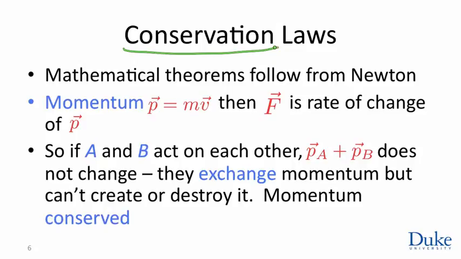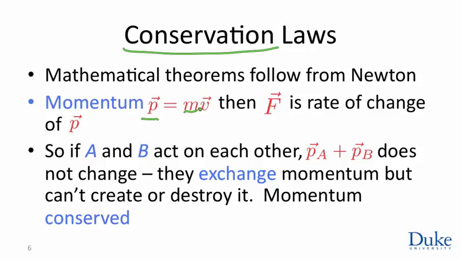And the first conservation law involves this quantity called momentum. We define another vector called momentum. It's essentially the velocity vector, but multiplied by mass. So roughly it measures the amount of oomph, the amount of inertia, some people say, that the object has. A refrigerator moving at 2 meters per